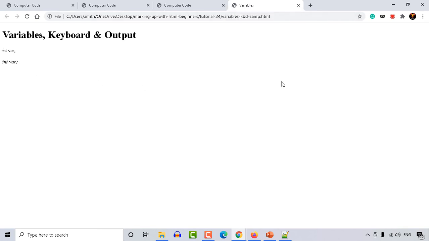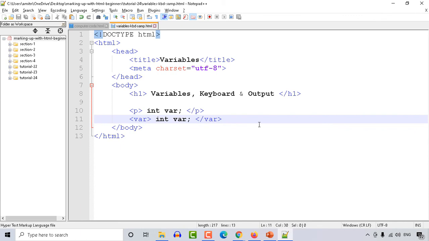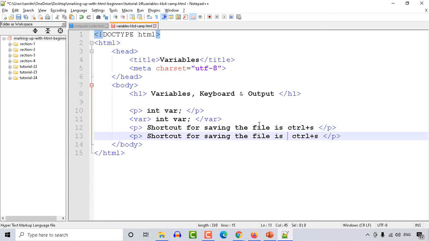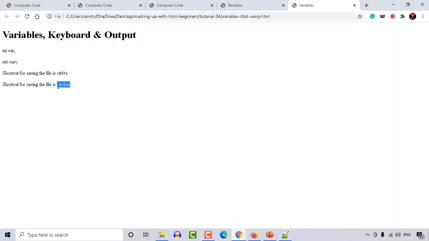Now two more elements are there, so let me show you. The kbd element is used to represent shortcuts. So let me print a paragraph, and this should appear as a keyboard shortcut. I'm making it two paragraphs, and in one of the paragraphs, I will use this kbd element to represent the shortcut. And let's see the difference in the format. Of course, it will also provide a semantic meaning to the screen reader. So let me run it again, and you can see how this shortcut is appearing. Here we haven't used any kbd tag, and here we have used the kbd tag.